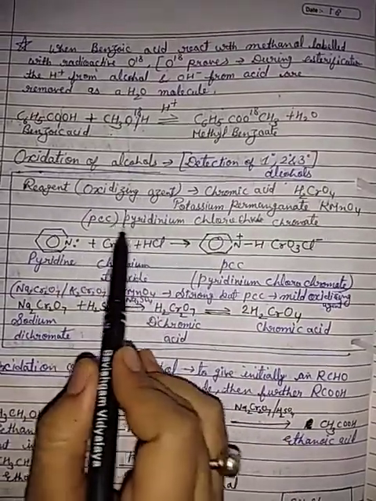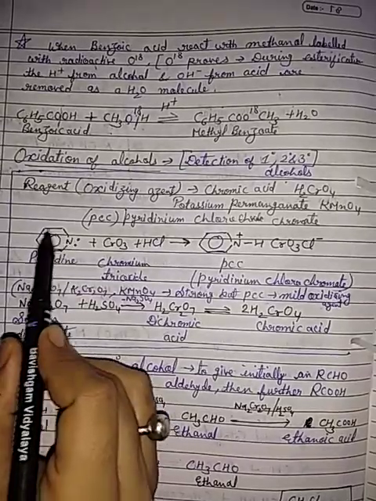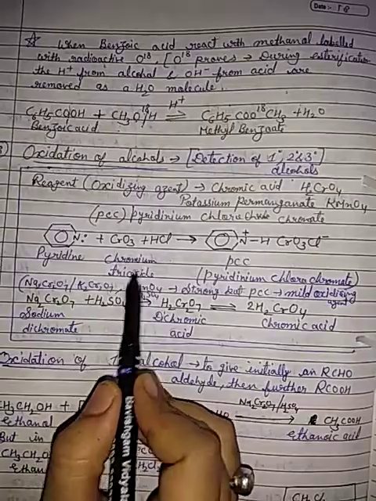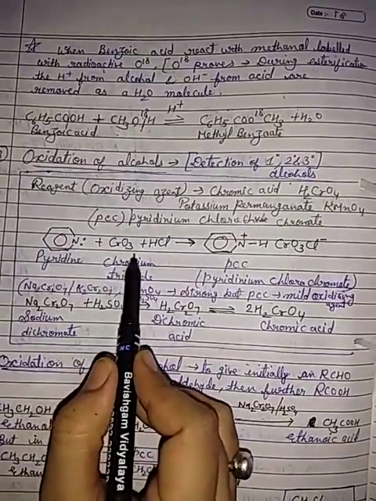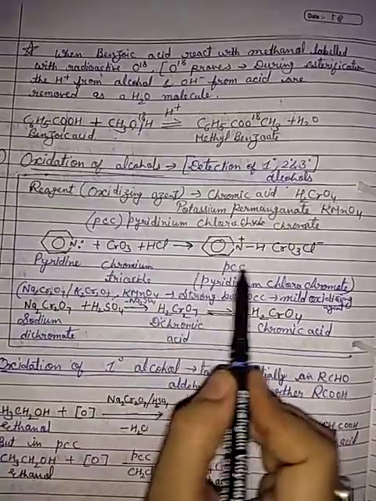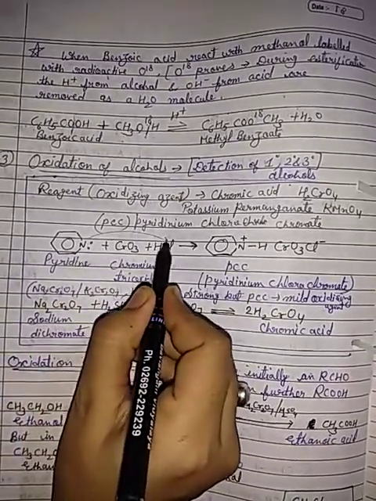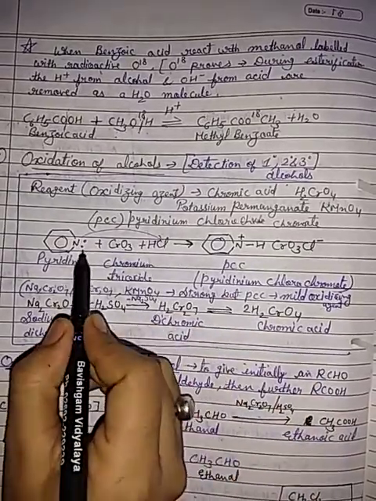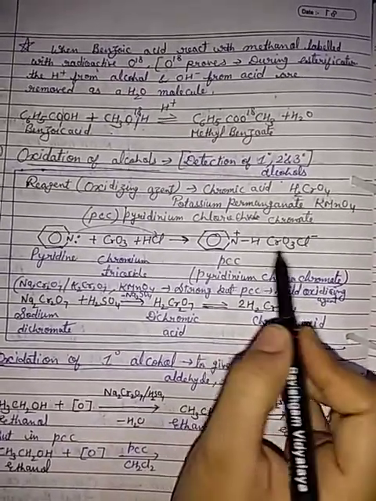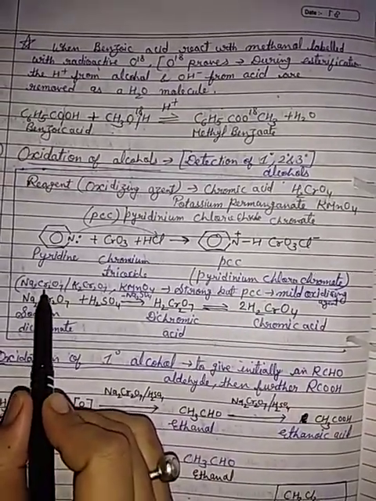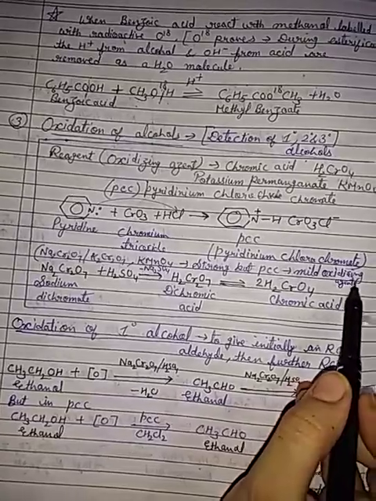What is pyridinium chlorochromate, PCC? Pyridine has a nitrogen in its ring, and CrO3, chromium trioxide, reacts with HCl and pyridine to form a complex. The nitrogen becomes positive and attaches to hydrogen, CrO3 is also attached, with Cl minus, so the name is pyridinium chlorochromate, because a negative ion forms. Na2Cr2O7 or K2Cr2O7 and KMnO4 are strong, but PCC is a mild oxidizing agent.